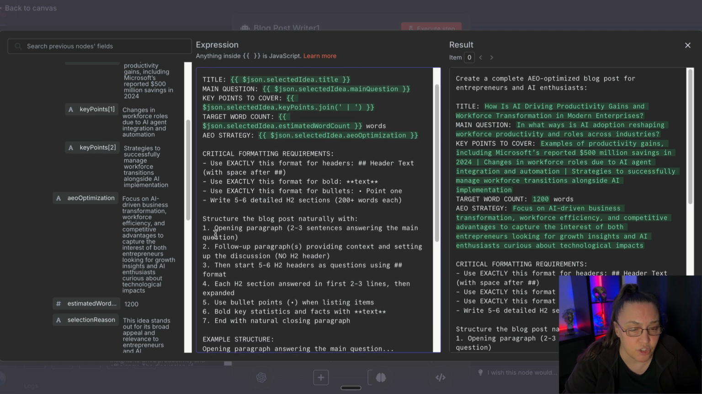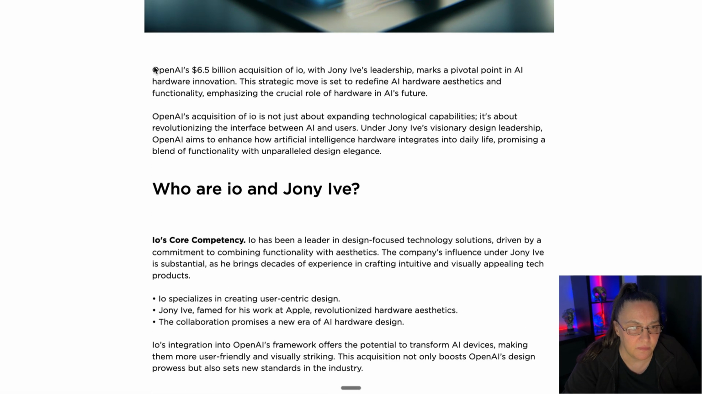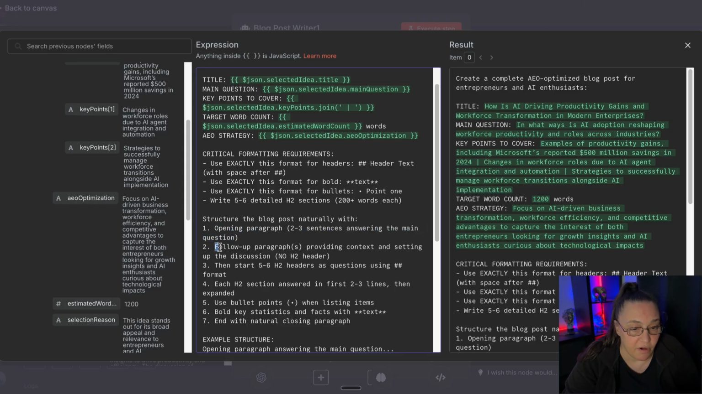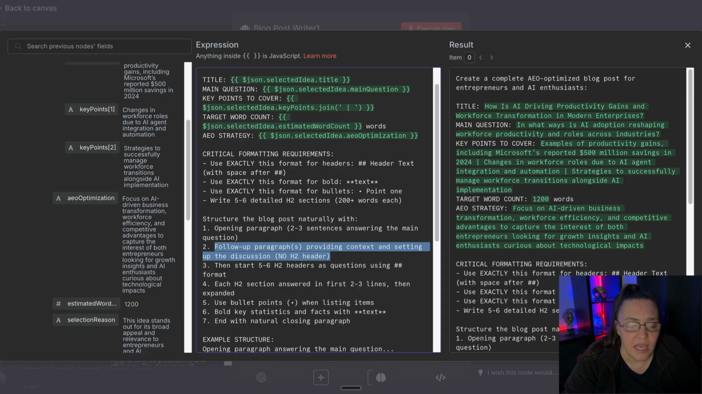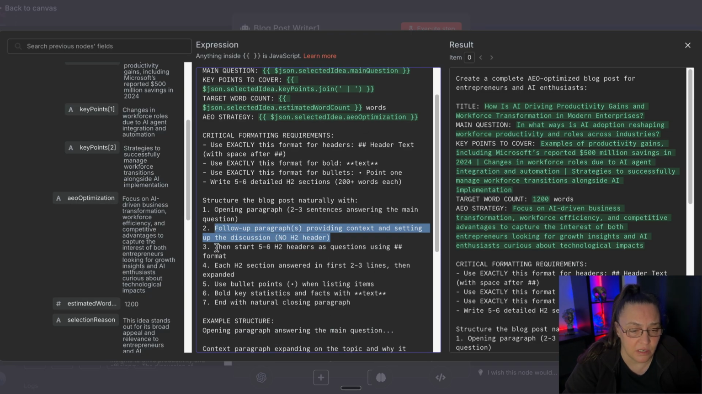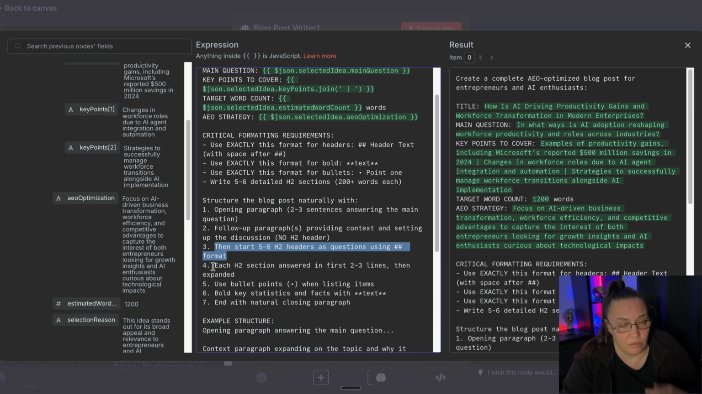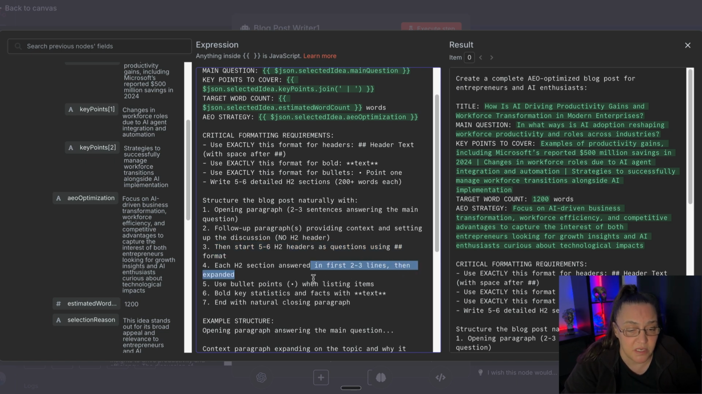Then I gave it the structure I want, which is opening paragraph, a couple of sentences answering the main question, which is right here. This is my very first paragraph. Then I said follow-up paragraph, providing context and setting up the discussion without a header, which is this one here. And from there on, I want the 5 to 6 sections, and each section will be a question which is answered within the first couple of lines, and then expanded, and it will be expanded with bullet points